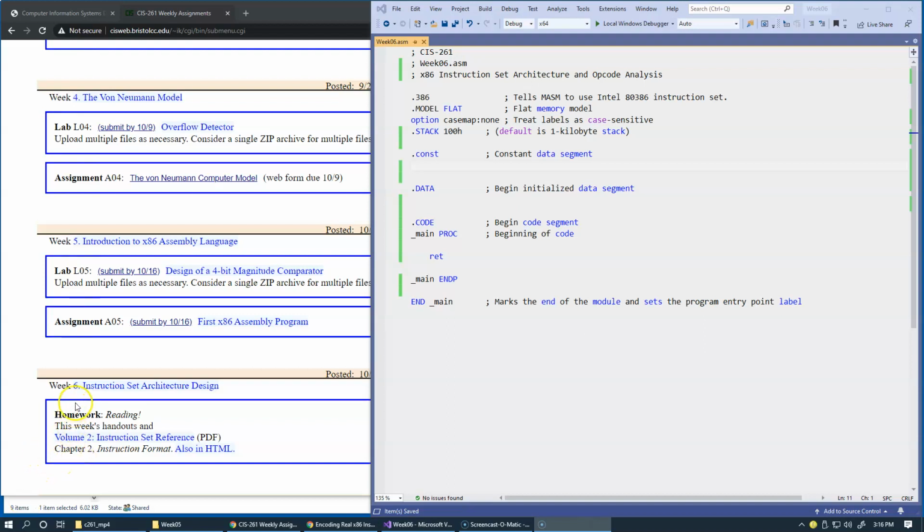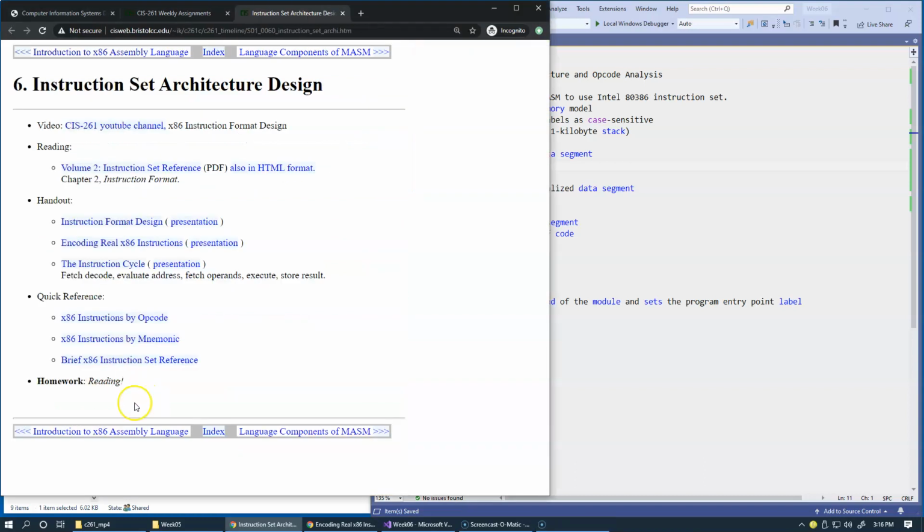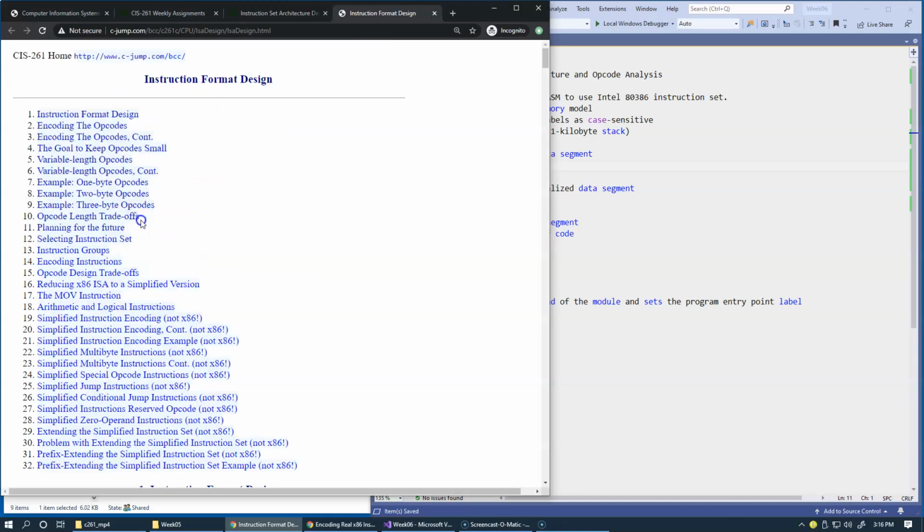In this video, we begin our introduction to instruction set architecture design, and we're going to look at the encodings of the Intel x86 platform, which is a 32-bit set of instructions. So this is the set of topics here, and we have a few handouts. Let's take a look at the first handout, and I will open just the